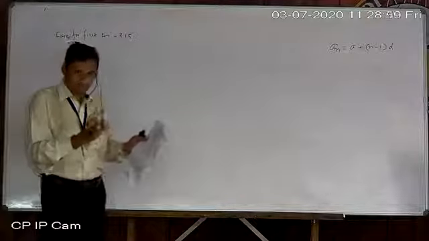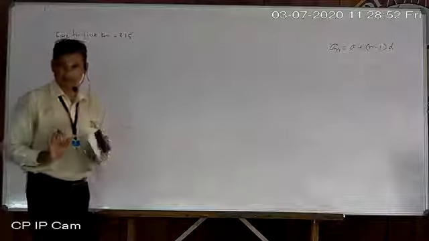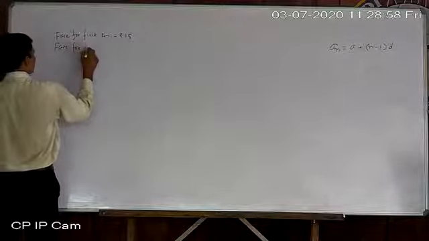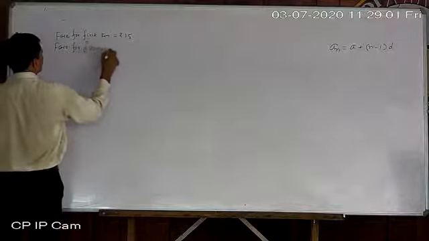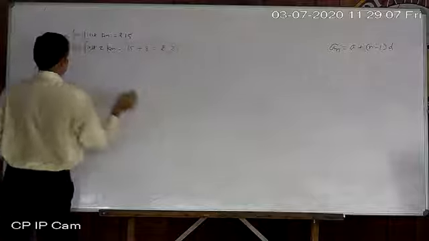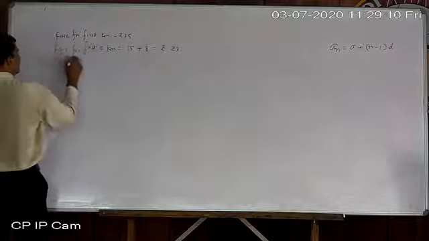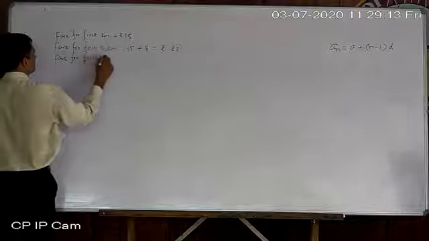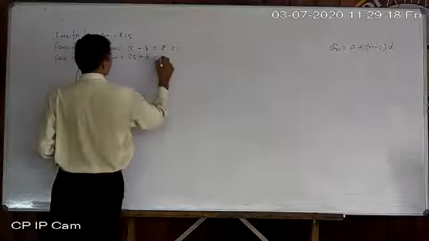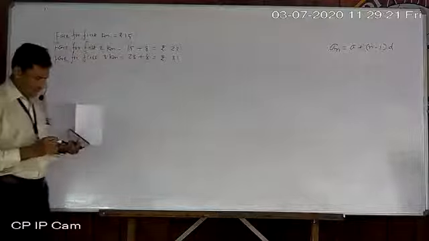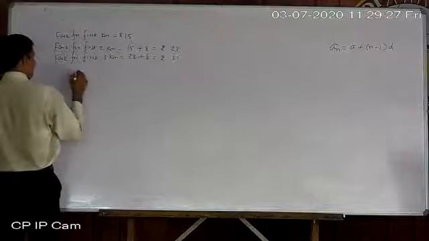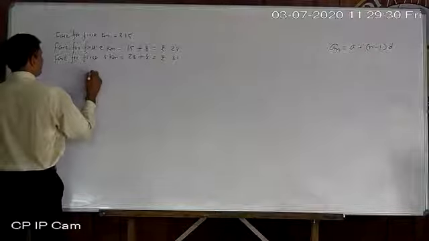We have to describe somewhat, don't give a direct answer. Okay, now fare for the first 2 kilometers is equal to 15 plus 8 is equal to ₹23. Likewise, fare for the first 3 kilometers will be 23 plus 8, ₹31. Okay. Now the first 3 or 4 terms you have to find and look whether it is arithmetic progression or not. Therefore, fare for